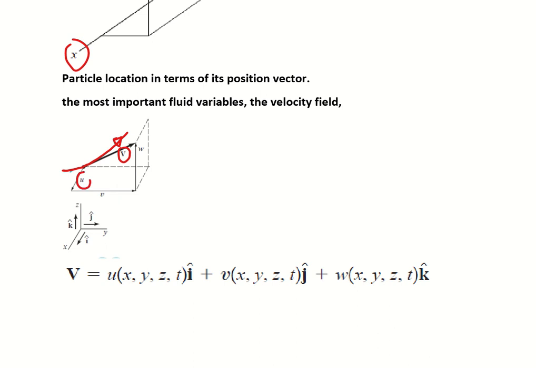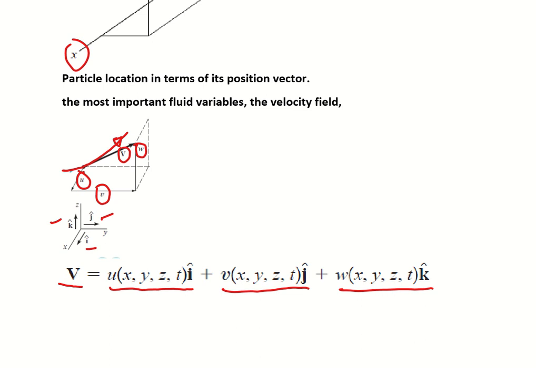In x direction it is u at this time, and in y direction it is v, in z direction it is w. So for Cartesian coordinate system, where unit vectors are defined by i cap, j cap, k cap, velocity is represented mathematically by this equation: u(x,y,z,t) i plus v(x,y,z,t) j plus w(x,y,z,t) k,